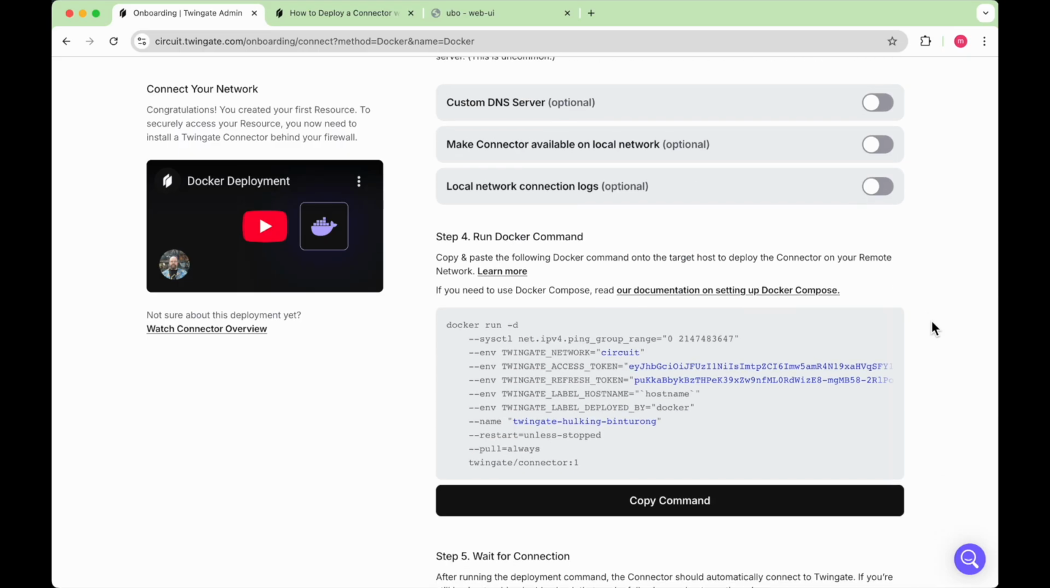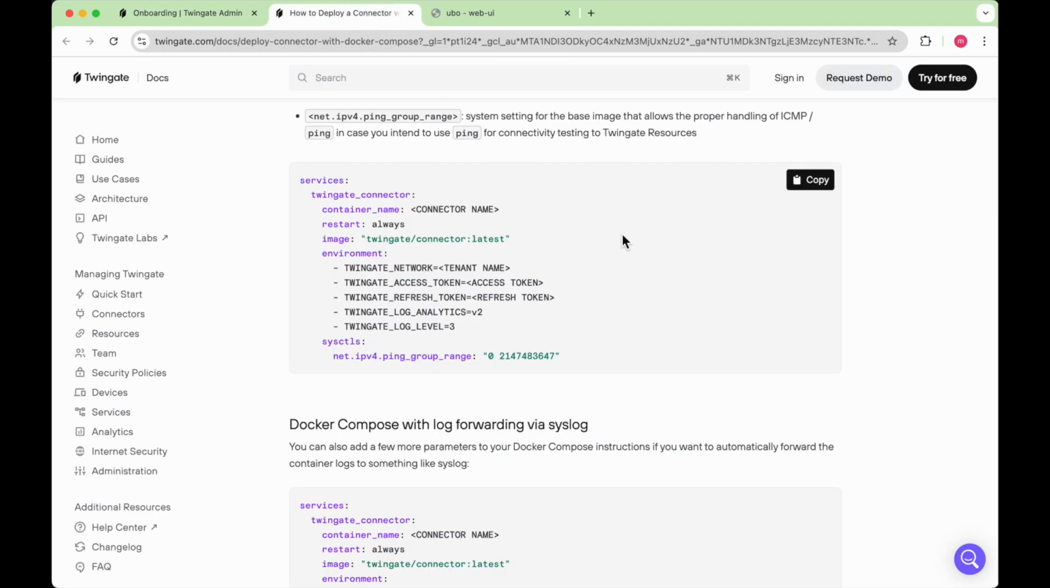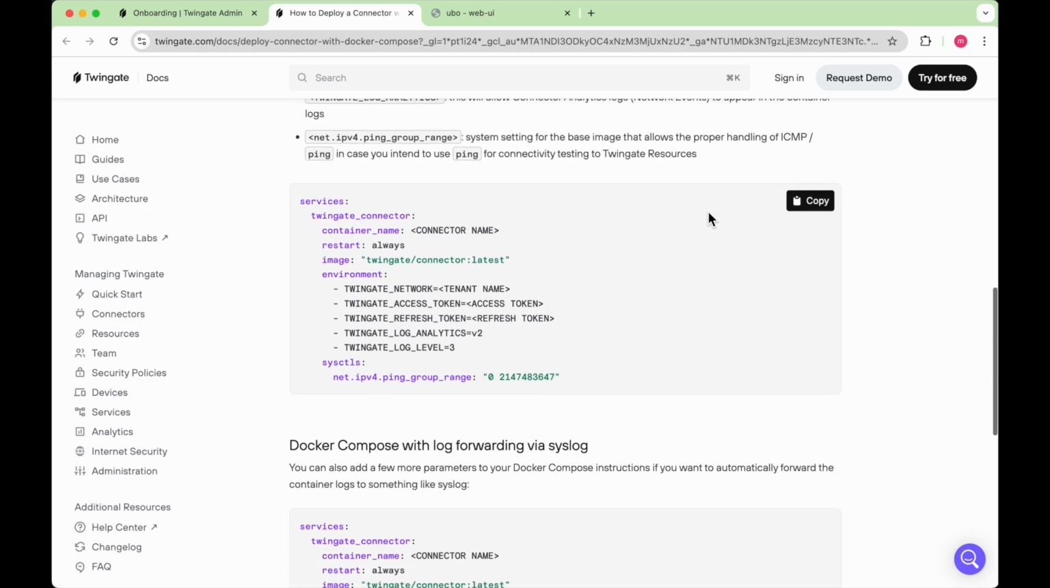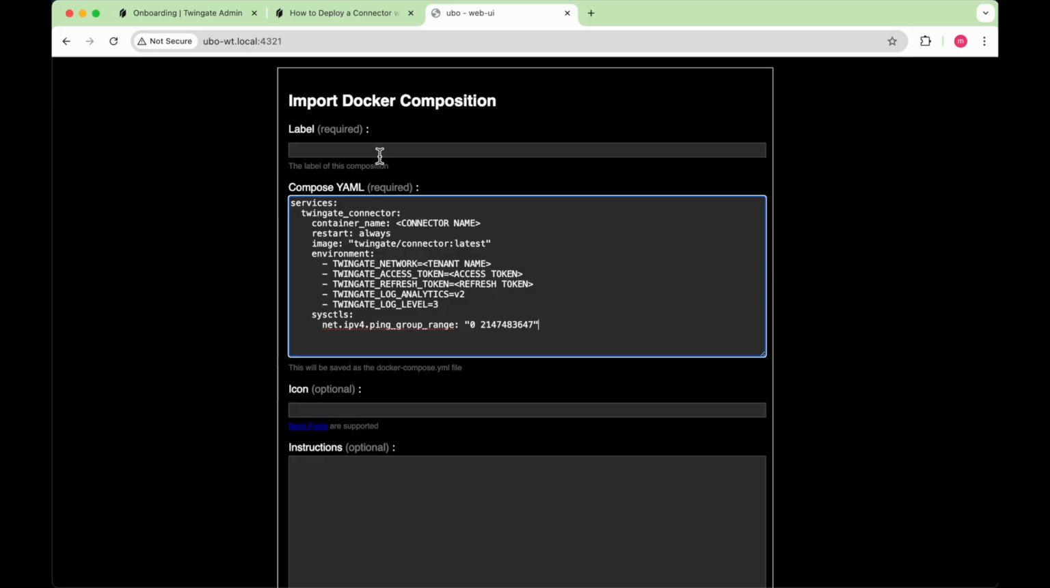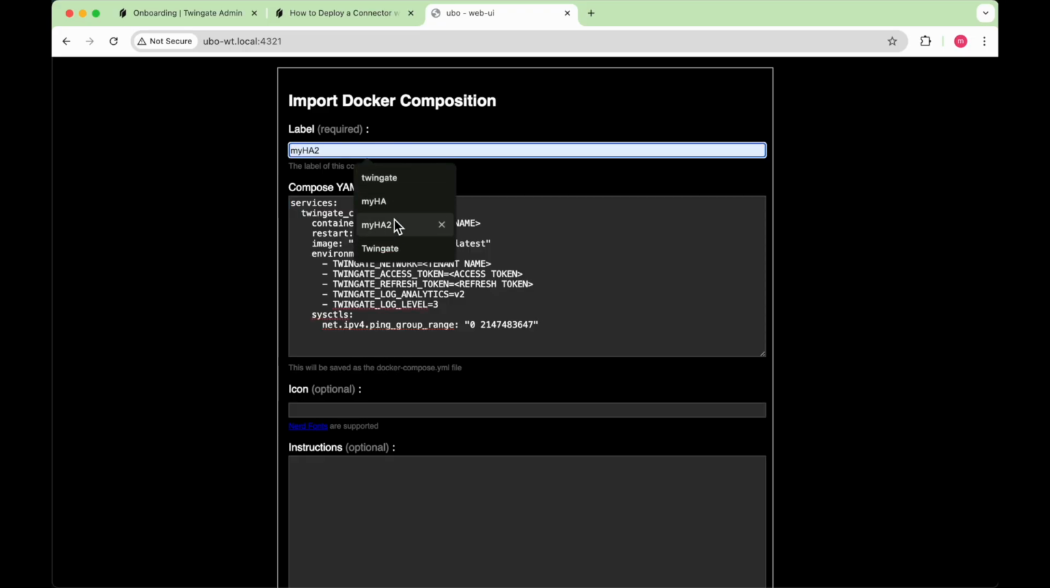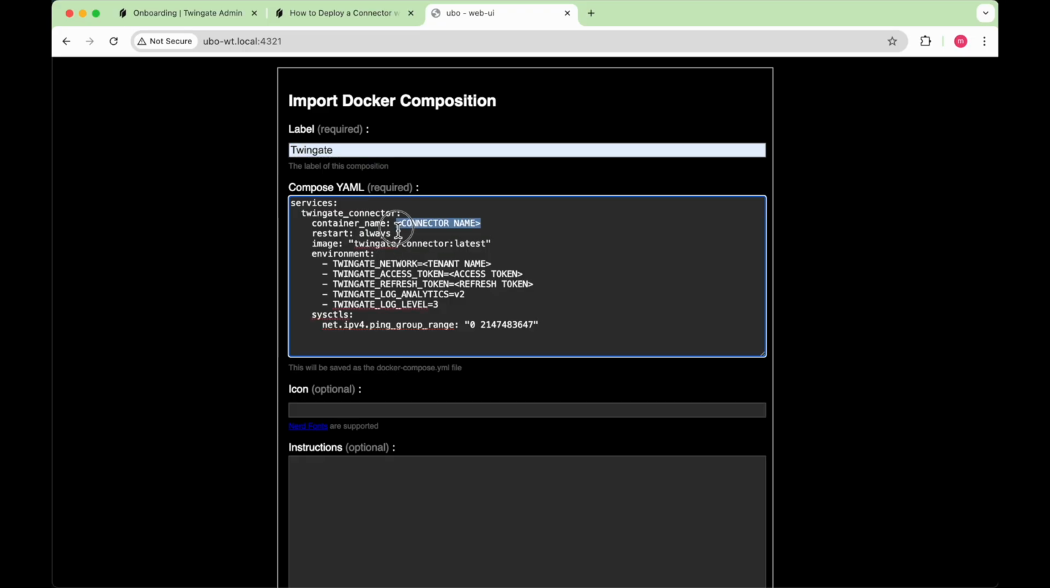Because we are using Docker Compose here, I'm going to click on this link, and you need to scroll down and copy this Docker YAML file, and I'm going to the Ubo Web UI, which is served on uboname.local, and the port is 4321. I'm going to paste the YAML file here and give this a name. I'm going to call this Twingate,